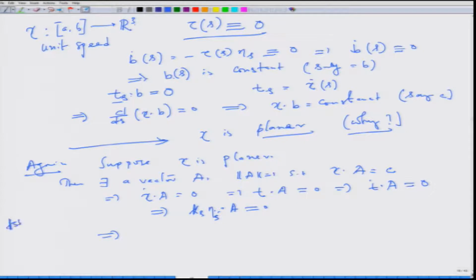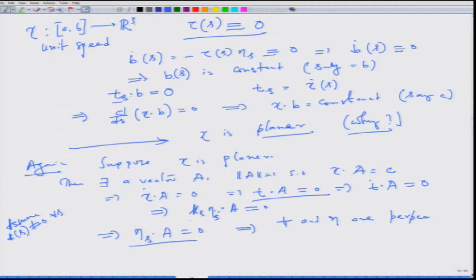Assume k(s) is not equal to 0 for all s. That will give you η'(s) · A = 0. That will give you T and η both are perpendicular to A. Therefore, binormal by definition